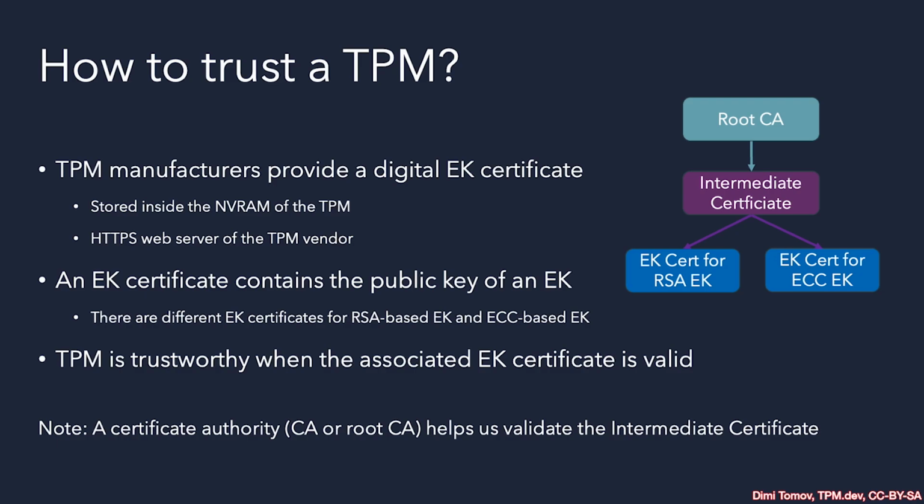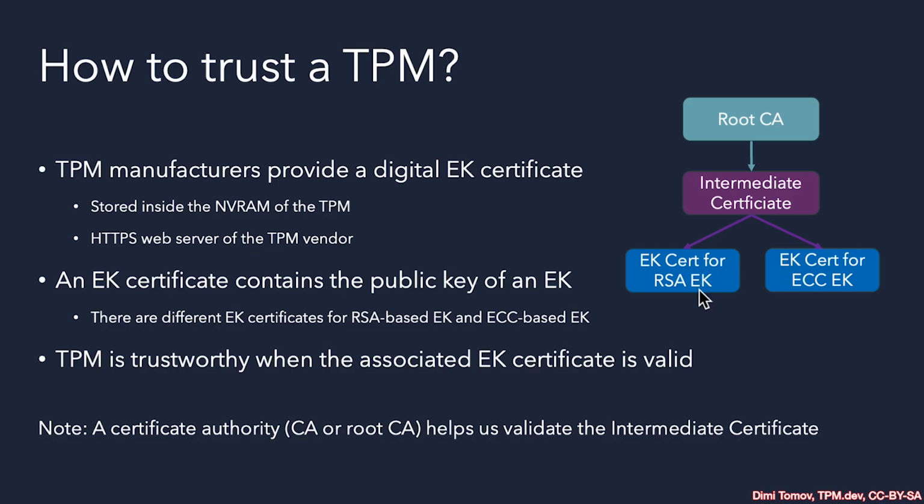How does this work? The EK certificate contains the public key part of the endorsement key, and just in the previous lectures, we learned about the special properties of the endorsement key and how its seed is randomly generated at manufacturing time and stays the same throughout the life cycle of the device. This is also why we'll use it to generate machine identity in these lectures. We can establish a TPM is genuine when we verify the certificate chain of trust.